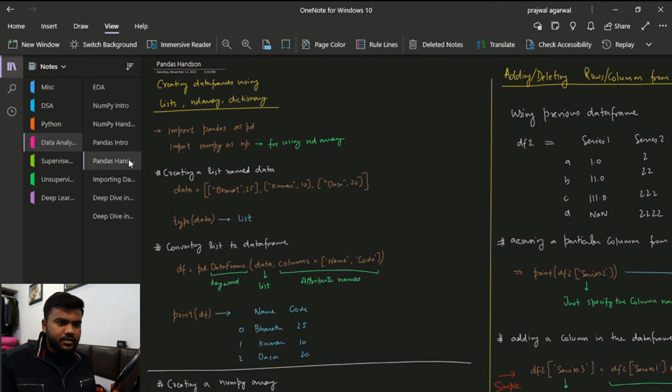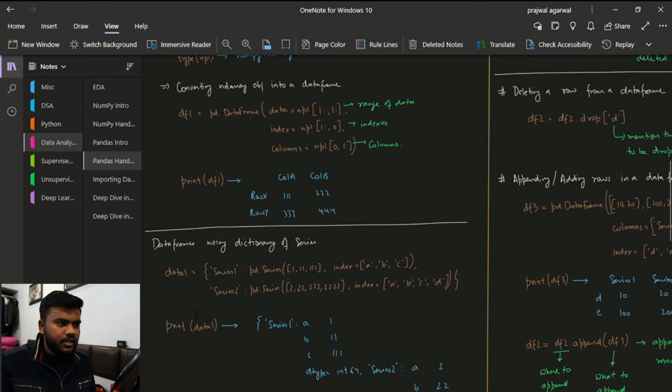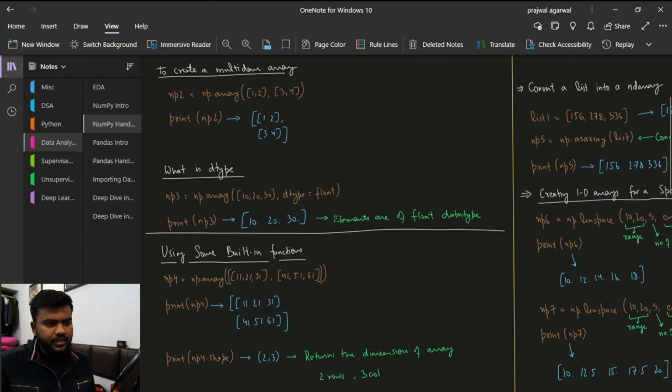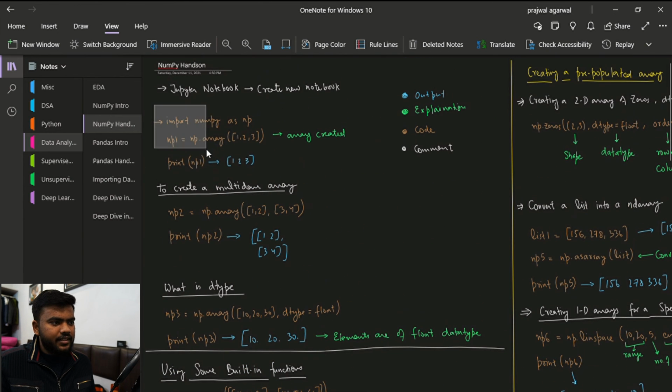So it is very advisable that you apply it yourself. So I'll find a way to provide all these notes in some sort of link in the description, and you should just go through them. I have explained everything, I have written every comment and everything. And everything written in brown ink is code. Okay, this is one thing. I have also written this, so it is going to be very easy. So just try to implement them yourself, and